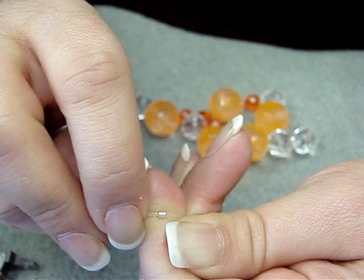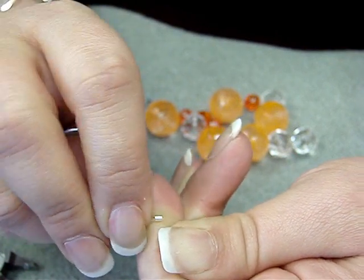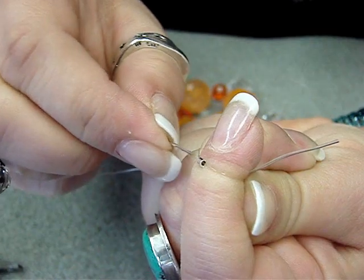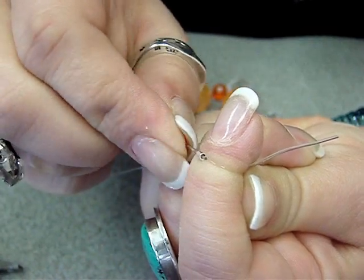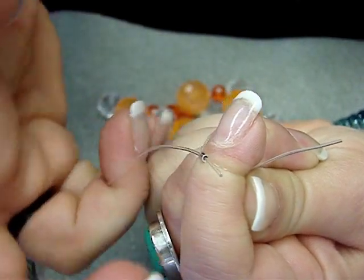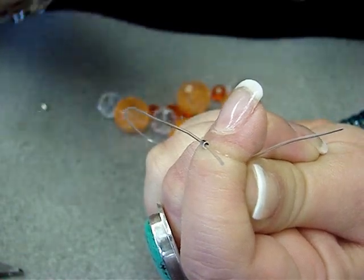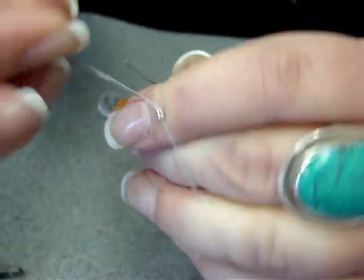It is somewhat easier said than done. And if you don't have it stretched enough, it's not going to go through. Okay, now once you get it to go through like this, and sometimes you may have to reposition a couple of times, I did have to reposition it myself. So once I've got it through there,